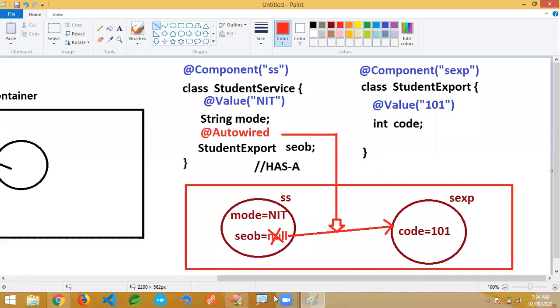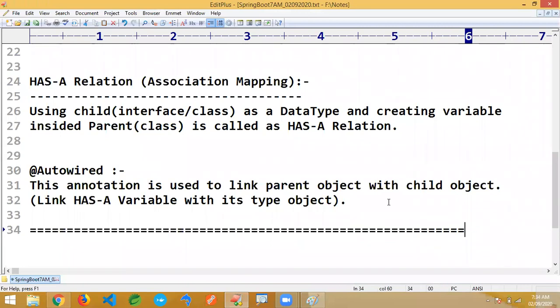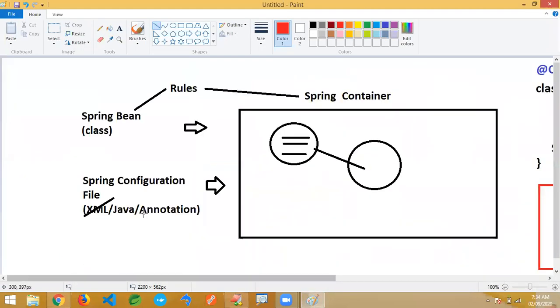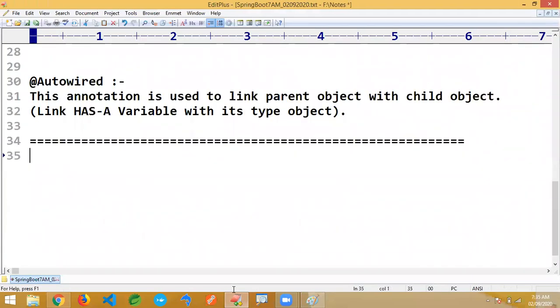Okay, so now the next important thing I'm showing here. Observe carefully. So far, what we discussed comes under annotation configuration. This annotation configuration is recommended for your classes. Yesterday I mentioned we mainly use two types of configuration: one is annotation configuration and the second is Java configuration.